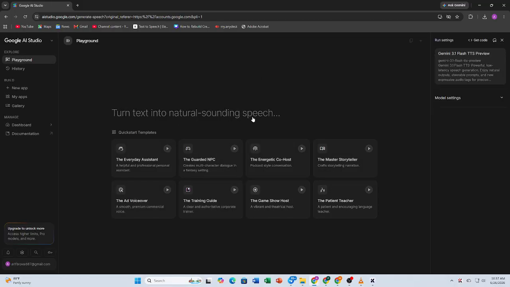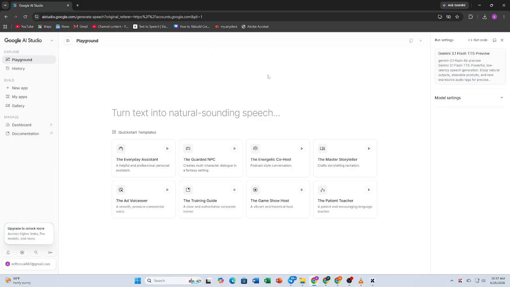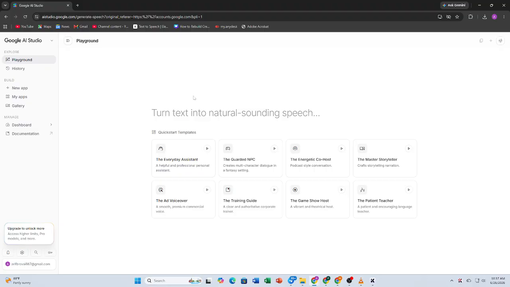Before you start building projects, review your account settings and confirm your preferred language, workspace, and other available options. Finally, create a simple test prompt to make sure everything is working correctly. Once you receive a response, your Google AI Studio account is fully set up and ready to use, and that's